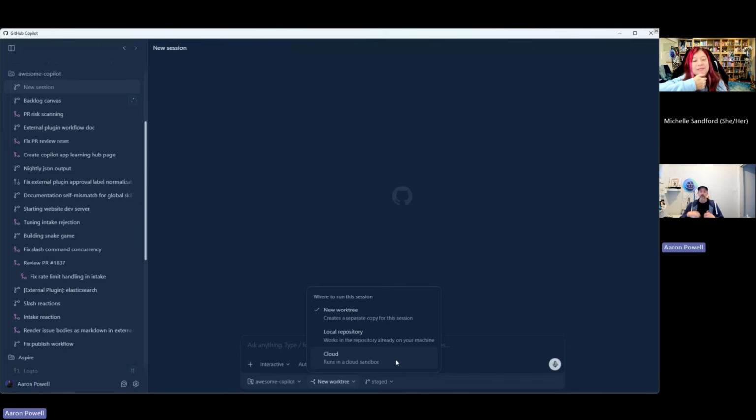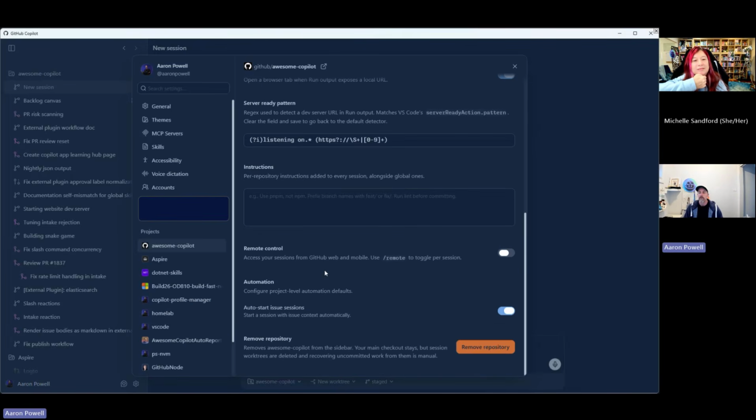So if you just want to tell us to do something and have that run in the cloud, then yeah, you can definitely do that. Just selecting cloud here. You can also have sessions start as remote sessions, so you can have that session running on your machine, but by enabling remote, and I think you can do that at the repository level as well.